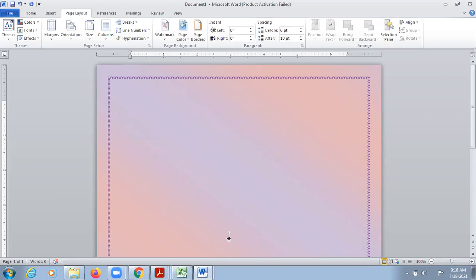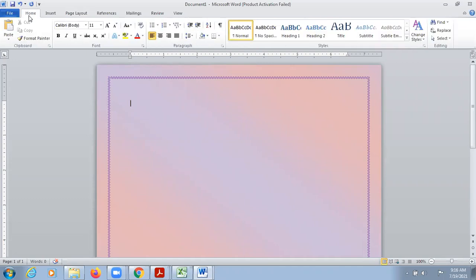Now let's come to the word art. So how can we insert the word art now? Word art will give you a stylish font, or you can rotate your text using word art. So using a word art, you can insert the stylish text on your page, right? So how can we insert a word art?